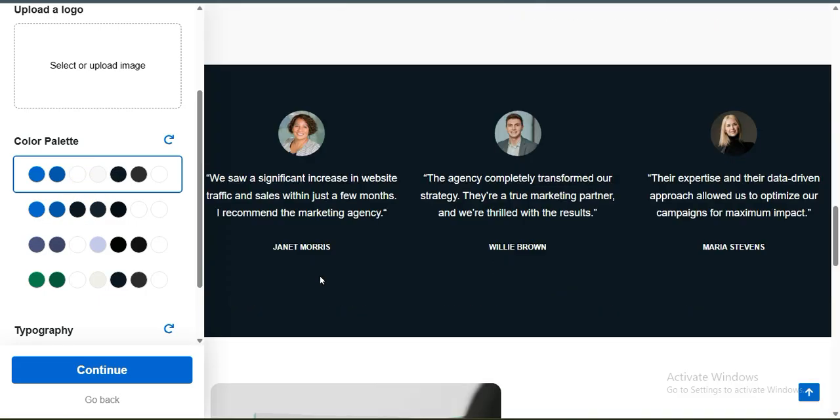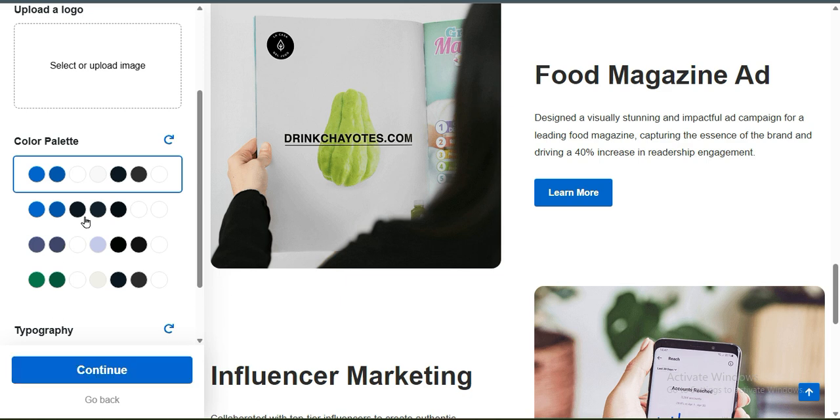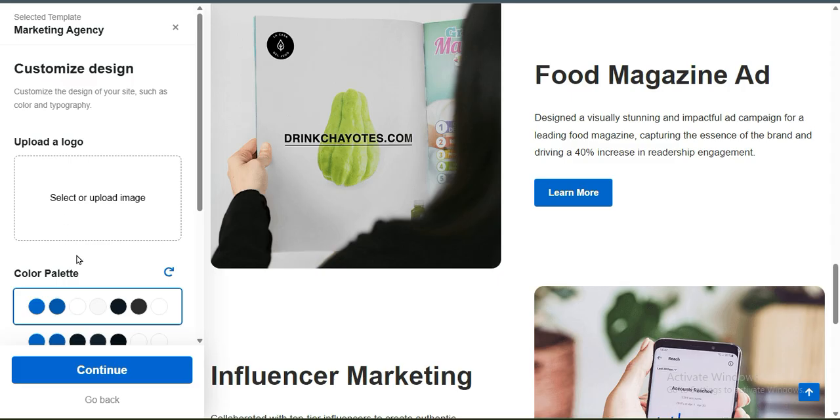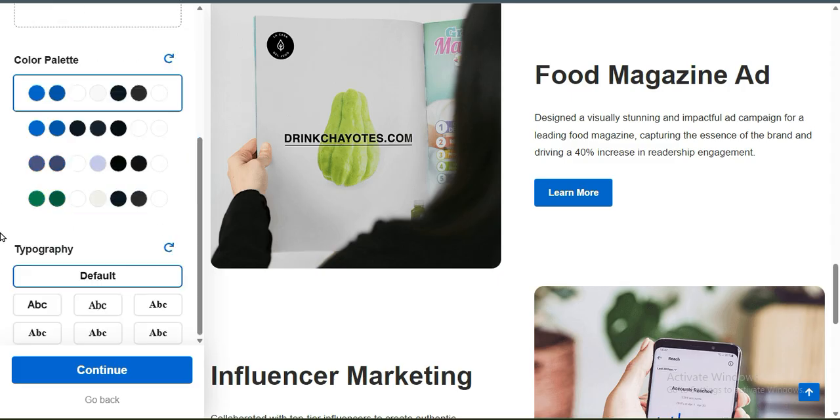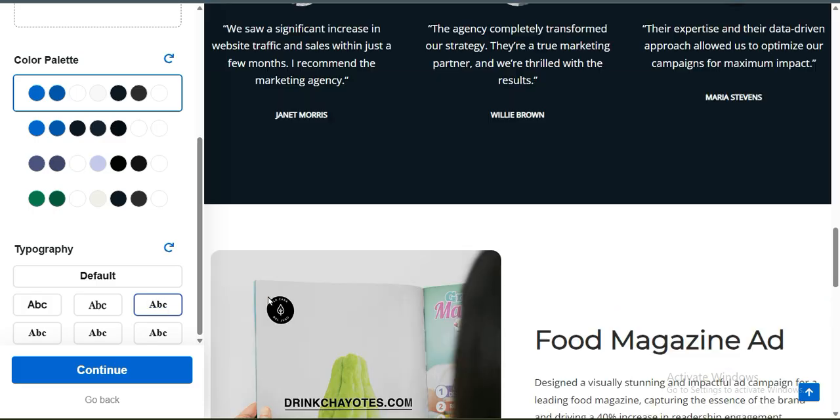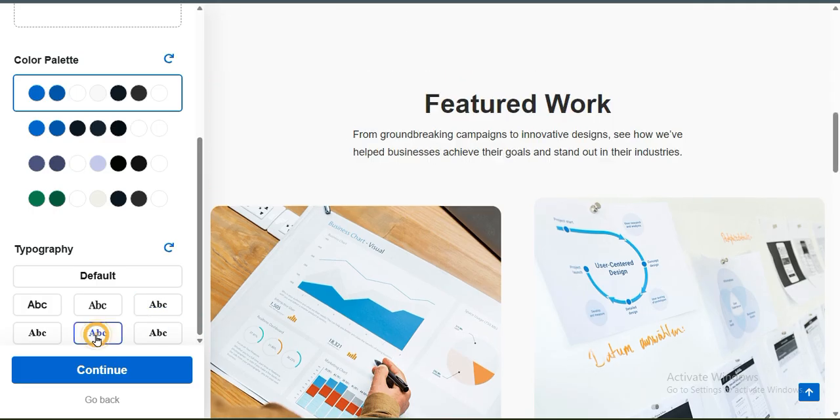So after you choose your colors, let's click on the continue option. Before we click continue, we have to upload our website logo here. Select or upload your logo and scroll down. You have the option for typography to choose your website fonts. So once you choose your website font here,